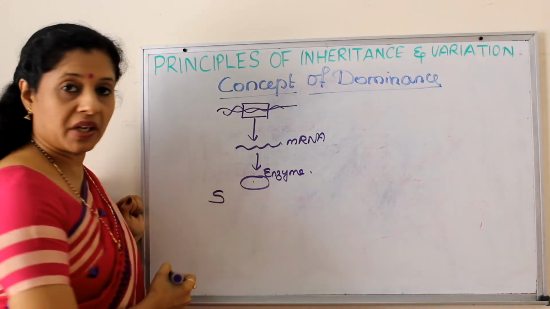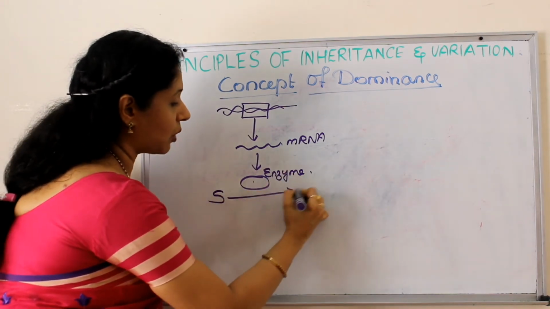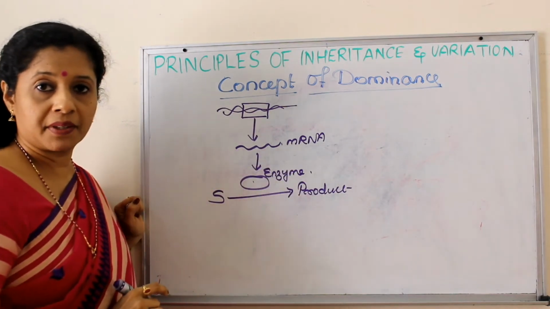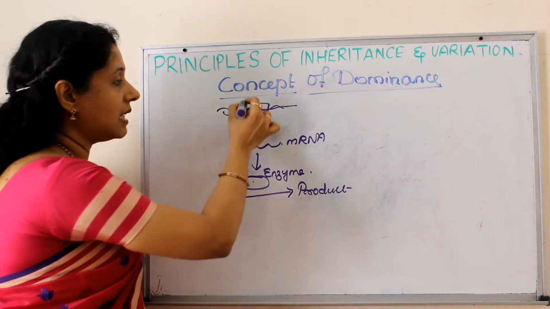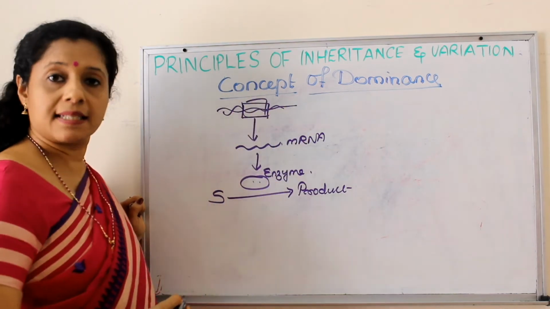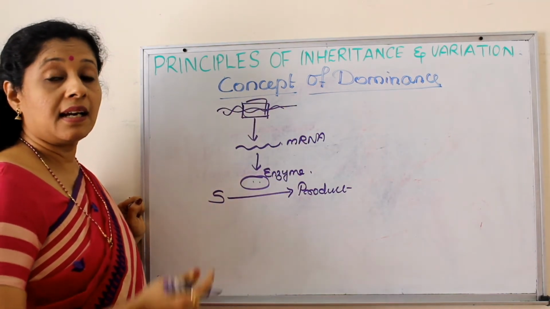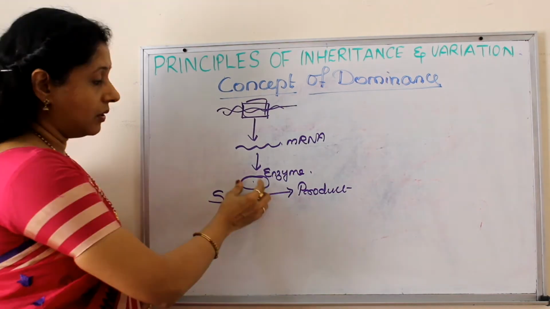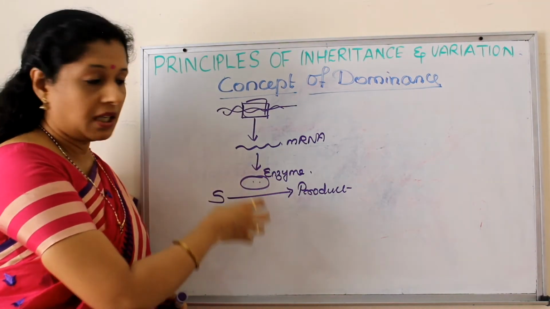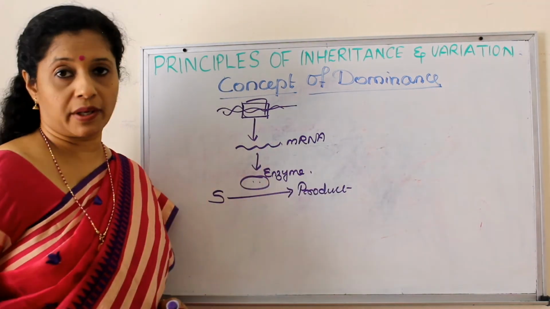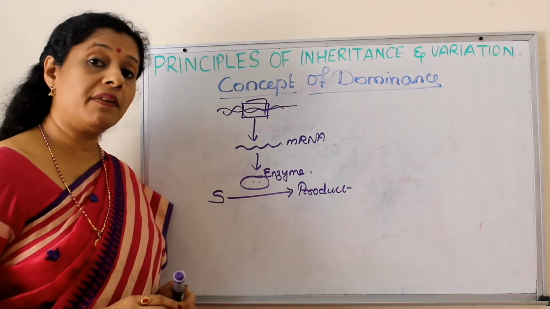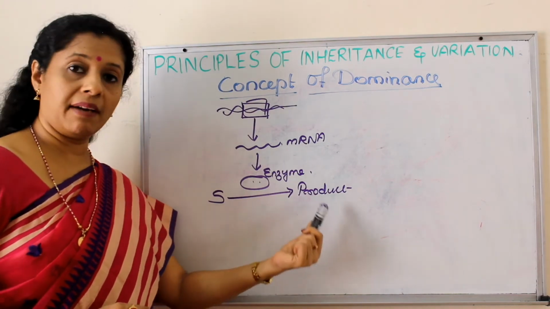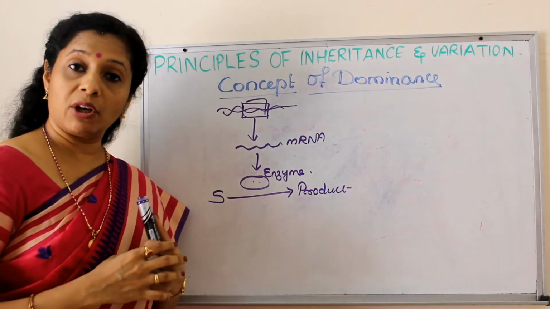So here suppose there is a substrate which needs to be converted into product. Without enzyme, this process is not possible. So that is called gene expression. A gene is expressing means it is producing an enzyme. So now let us see how the expression of dominant and recessive alleles of a gene are different. If this enzyme is efficient, then the substrate will completely turn into product. But if this enzyme is not efficient, will the completion of a reaction occur? Need not. Sometimes it may form some product or the product may not form at all.